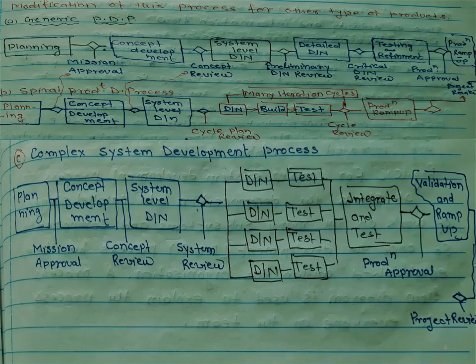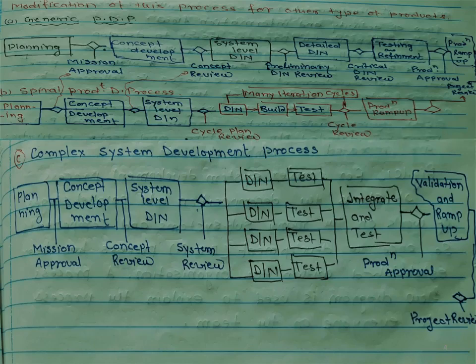So here we have all three types of the production systems. The first is the generic product development, or market pull, platform based, process intensive, etc. The second one is the quick build product that comes under the spiral product development process. Here the only difference is that we have to design the product, make the prototype and test, and do the various iterations, and then we finalize the design and go for the production and ramp up the desired product.